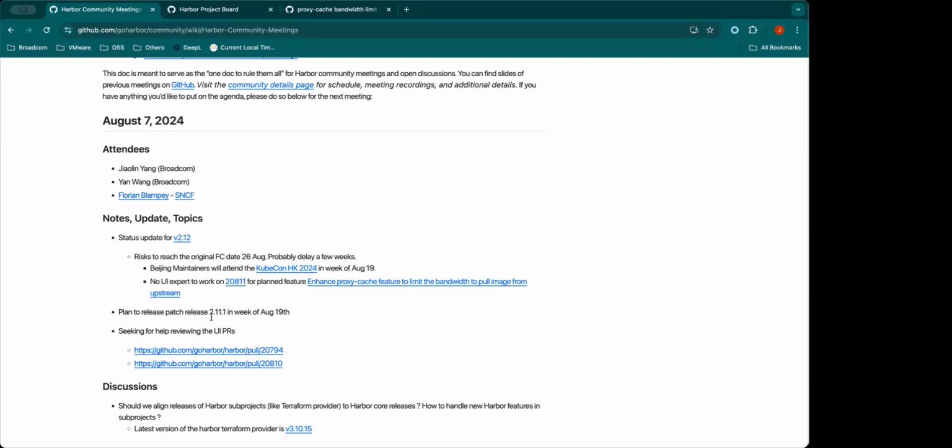So we have already planned the 2.11.1 patch release, which is in the week of August 19th. If you found any new issue on release 2.11, you can open an issue in GitHub. We will look at that and decide whether to include it in this patch release.